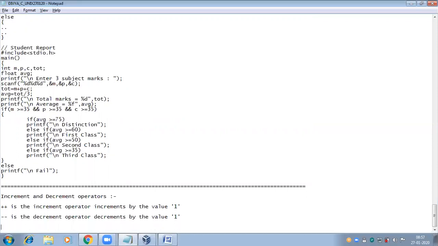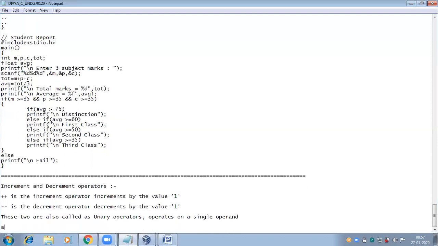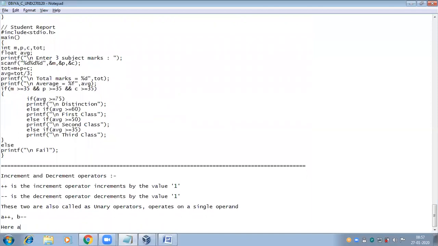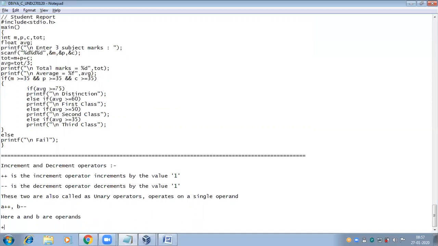These two are also called unary operators. Unary operators operate on a single operand, like A plus plus, B minus minus. Here A and B are operands, and plus plus and minus minus are operators.